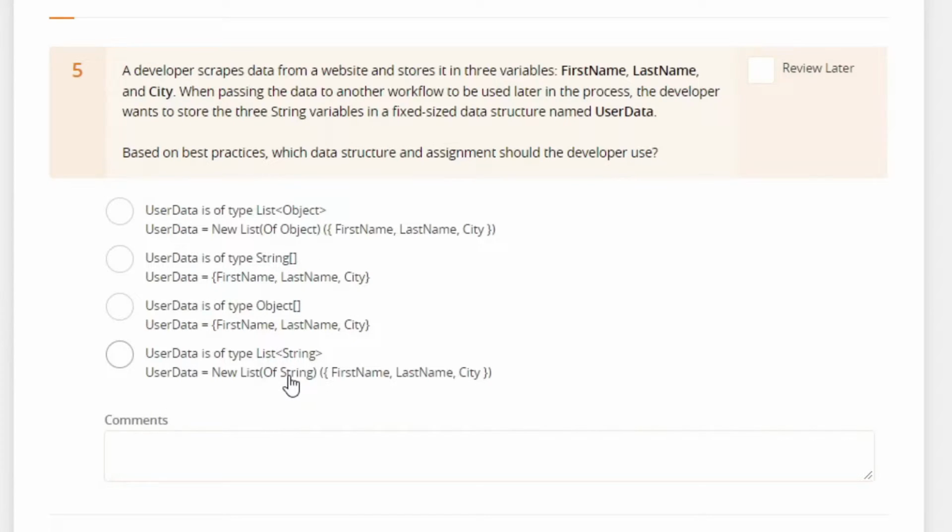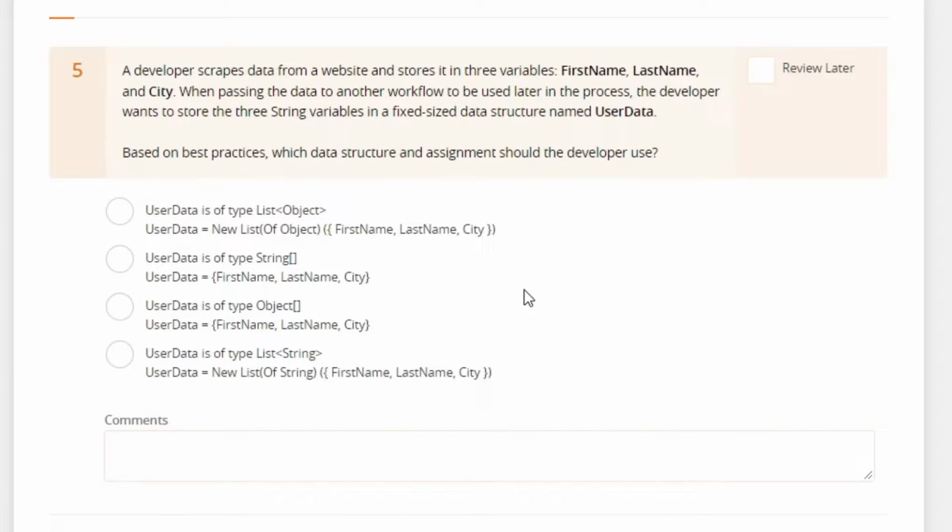If we go back to the question, the developer wants to use a fixed size data structure. Well, by default, the array is a fixed size variable, meaning we can no longer add data to it once we set it, whereas with the list variable, you can add more data to it. Though I know in UiPath there are workarounds to add data to an array variable.